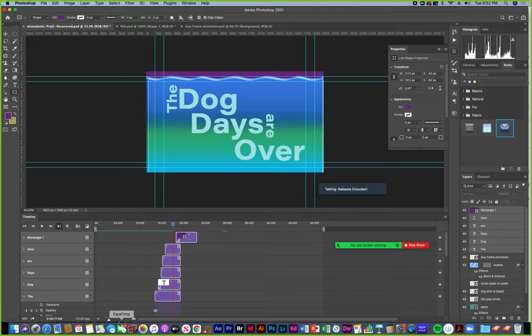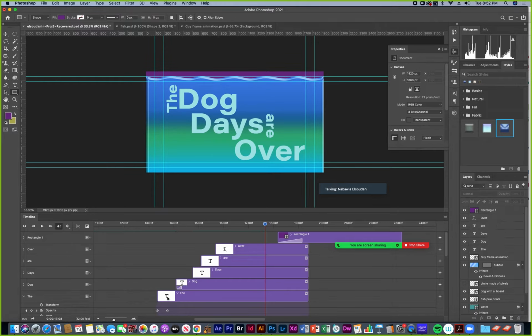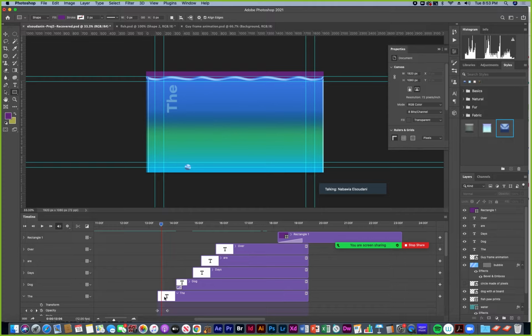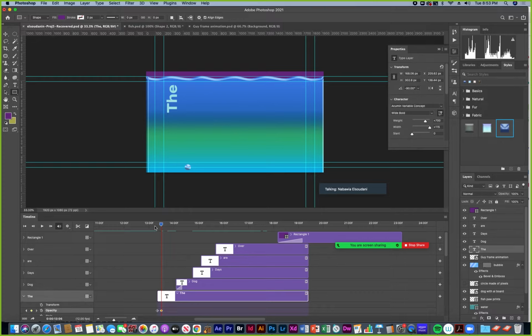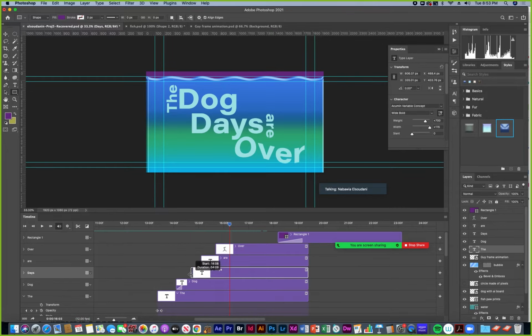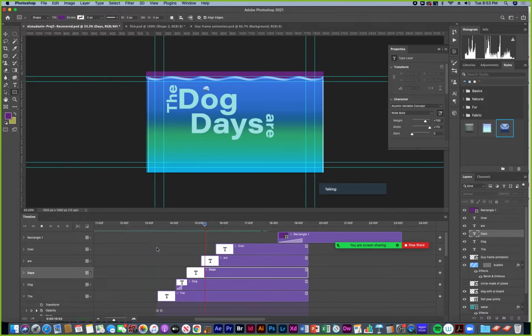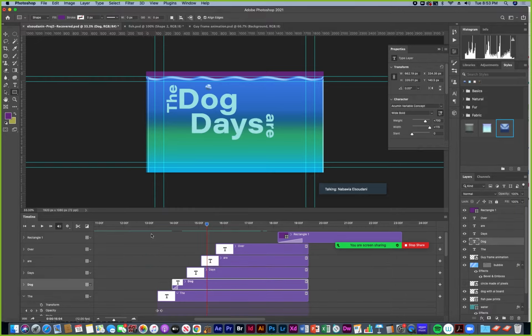So it's almost there. The fades are probably taking a little bit too long, because it works better if they pop in right where she sings it. And days maybe needs to come in a little sooner. Dog maybe a little sooner to be right on.